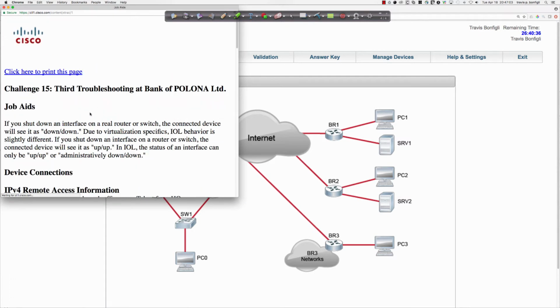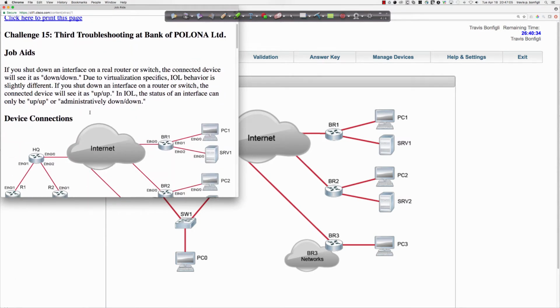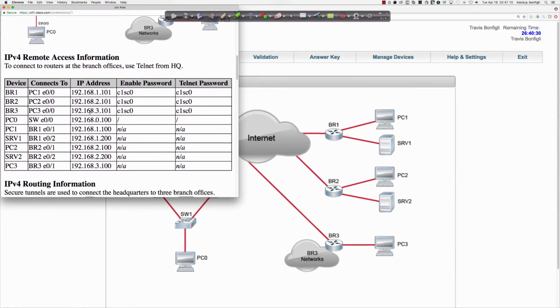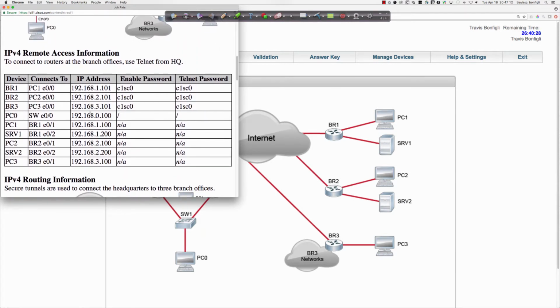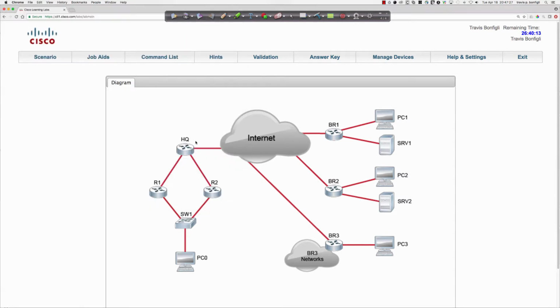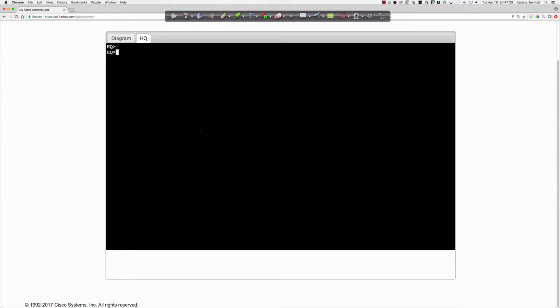So let's take a look at the job aids. If PC 1 is unable to ping PC 0, my guess is that we are not going to be able to get to PC 1. So branch 1 and PC 1. To connect to the routers at the branch offices, we're going to telnet from HQ. So 192.168.1.101. Let's jump on the HQ router here and go from user exec to privilege exec. And we're going to say telnet